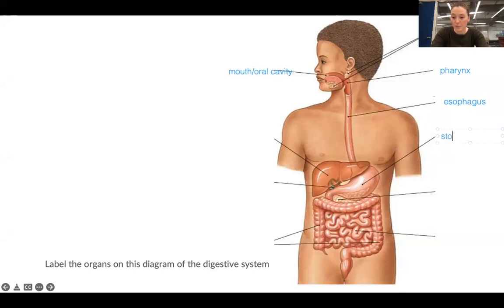This big thing is the stomach, which has acid in it. It has enzymes in it to do breakdown. So we're doing multiple types of digestion. We're going to get more to this in a second. Below is the pancreas. That is sort of behind and below the stomach. From the stomach, food goes